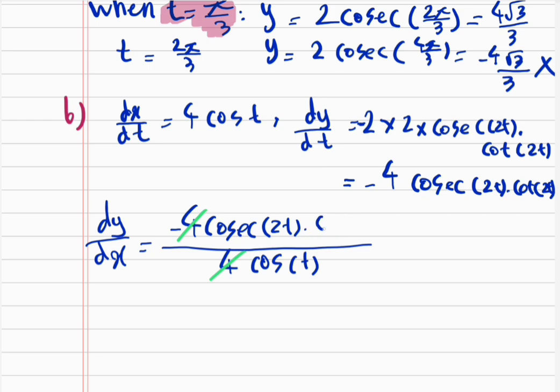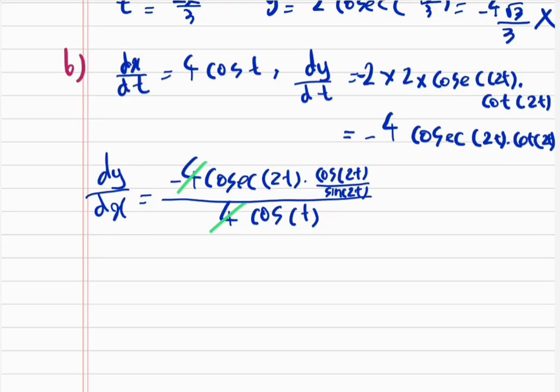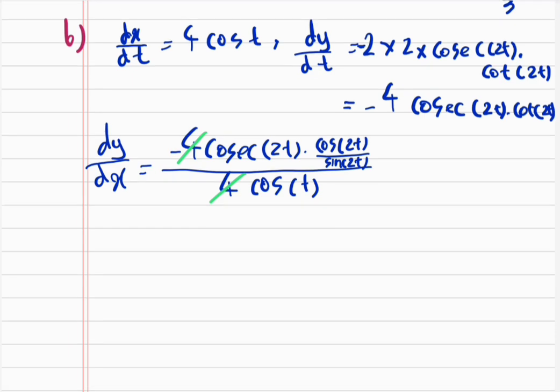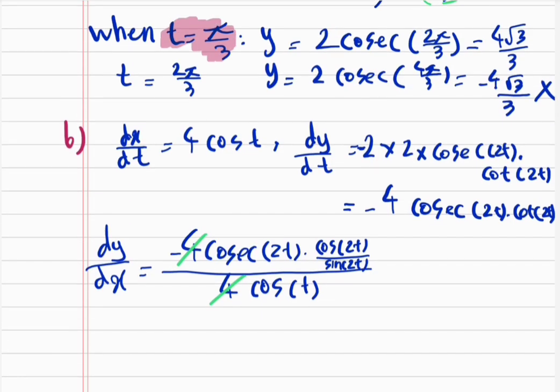So cos 2t divided by sine 2t. The reason is that I was thinking that we can simplify cos on top with cos in the denominator, but the problem is that we have cos t, and in the numerator it's cos 2t, so we should be careful. But it's fine, because even if you don't simplify, you just calculate the value at this point, because we want to evaluate the value of dy/dx at t equal